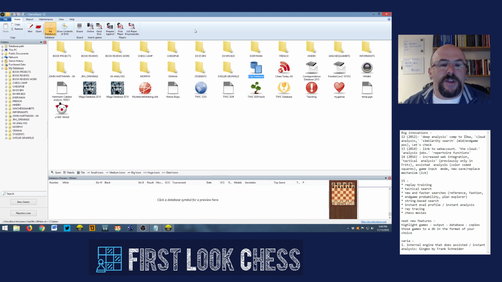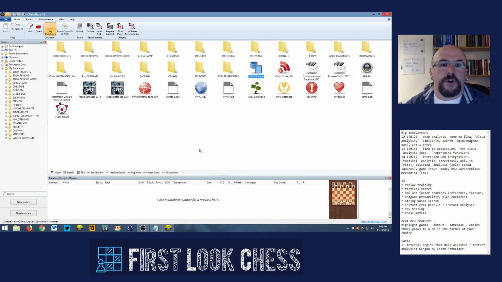This is ChessBase 12. It came out in 2012, and as you can see over here, I've got a list of some of the features that ChessBase 12 started with. ChessBase 12 had some innovations. It began to link to deep analysis, which I think was an attempt by ChessBase to compete with Chess Assistant and Aquarium. Cloud analysis, linking to engines that may have been remote or that you could rent time on. And there's also similarity search that they introduced in ChessBase 12,